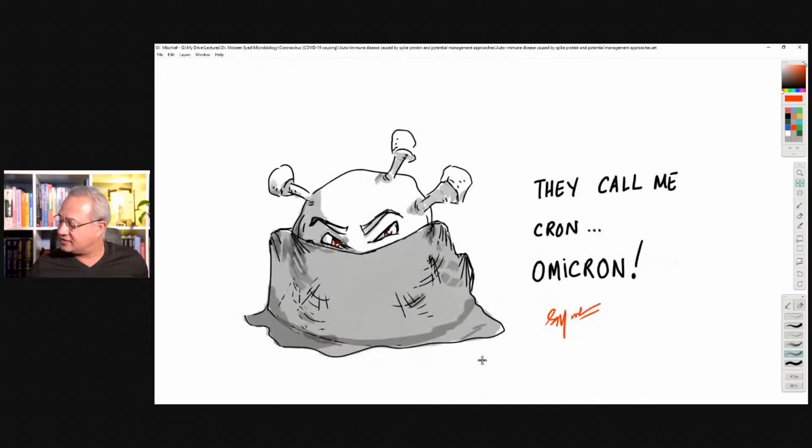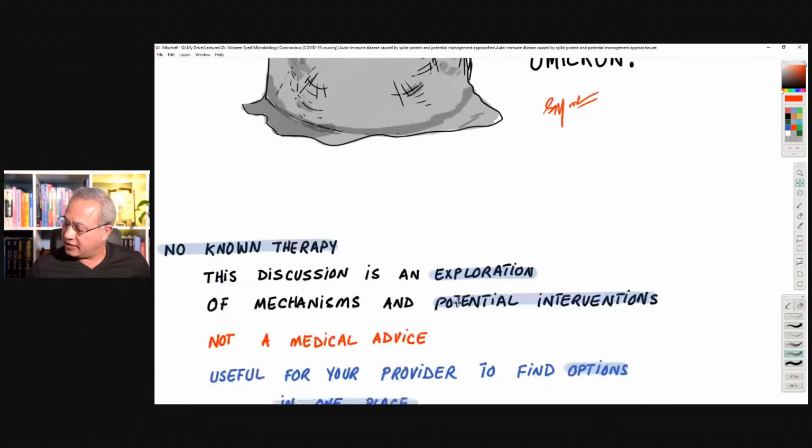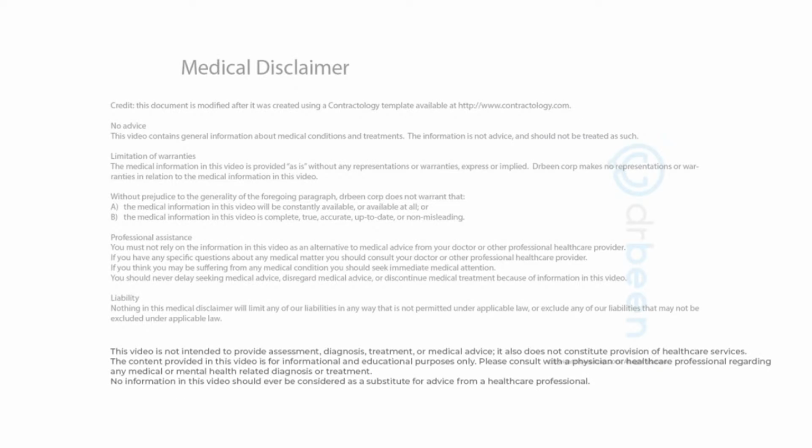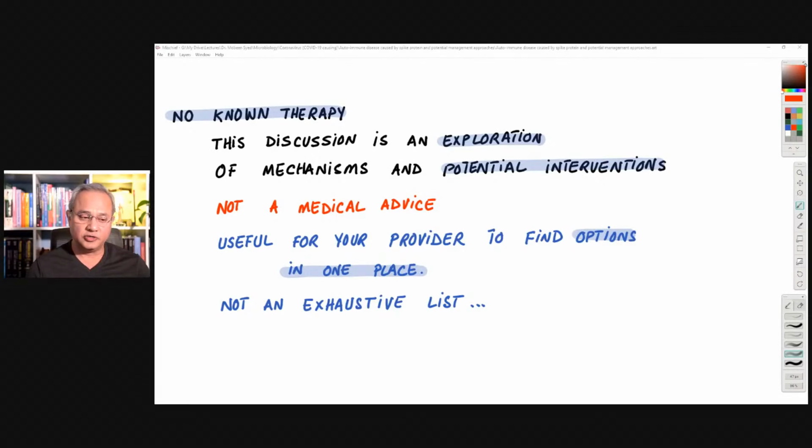So let's start. This is the Omicron time. And here, first of all, I got to do this because today we're going to talk about therapies. I have to present to you the medical disclaimer. This is not a medical advice. This is not a doctor-patient relationship. Please genuinely do not use this over the counter, these therapies. Some of the drugs that I'm going to discuss here can cause suicidal thoughts or even suicides. So please be very careful. The use of this is educational